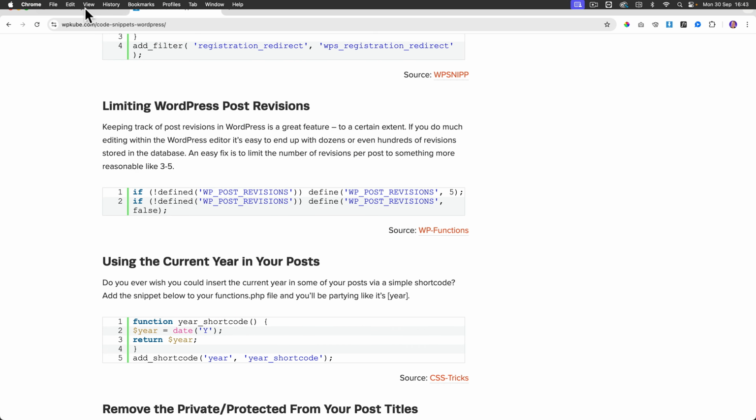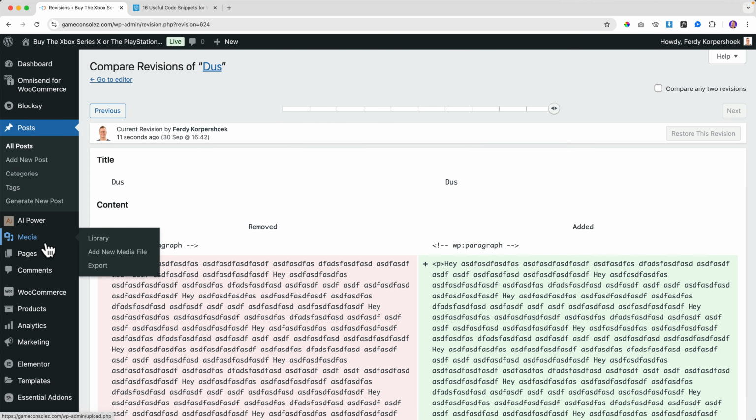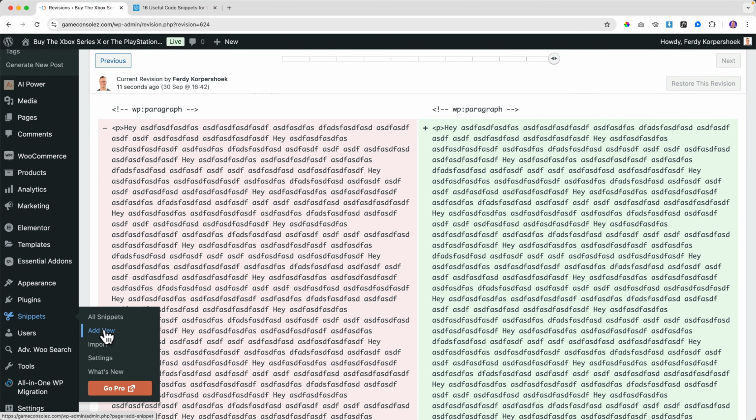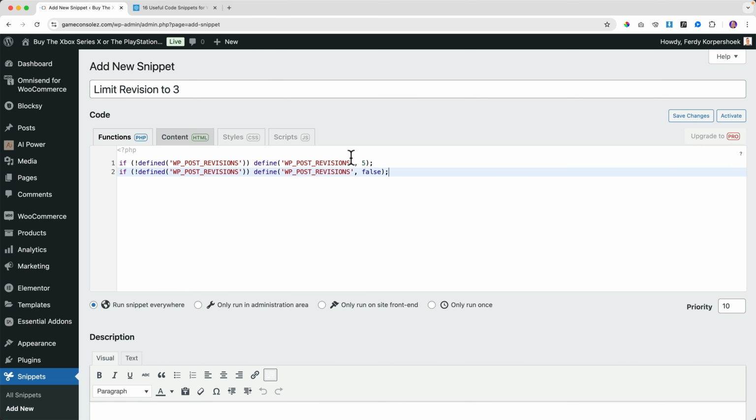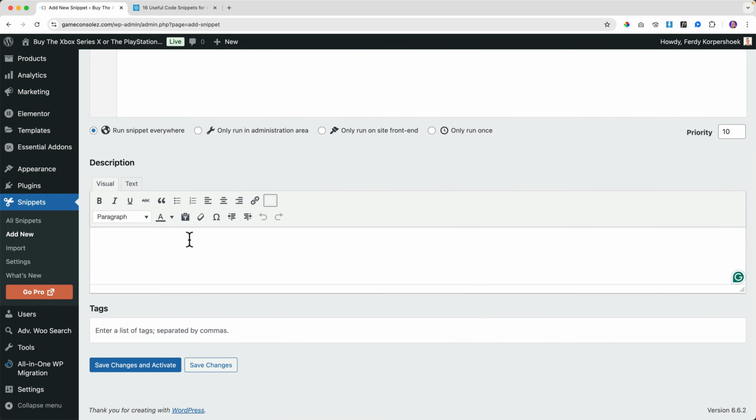Like that. I go to the website, to snippets, add new, limit revisions to 3. And I save it or I paste it and I change it to 3. Limit revisions.